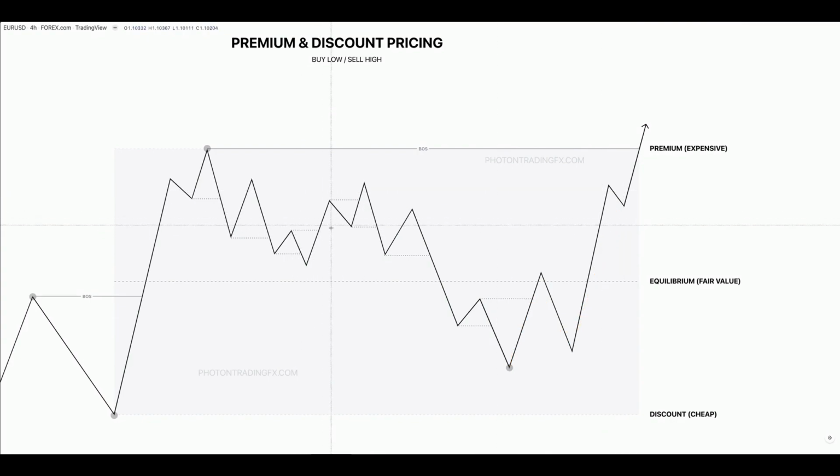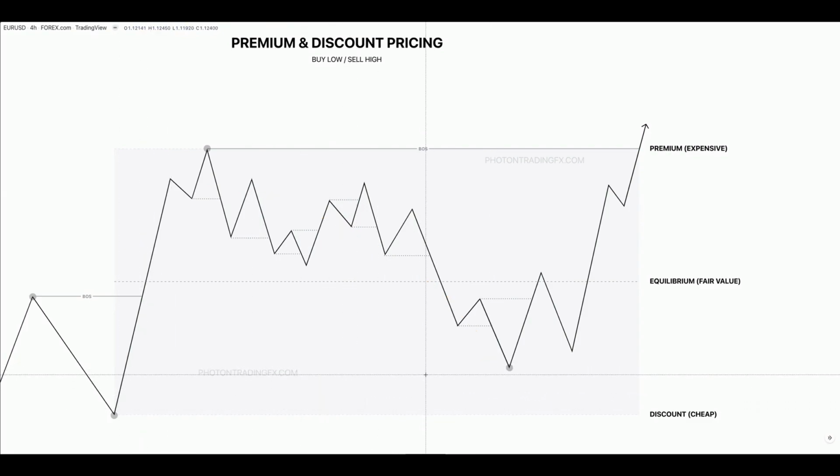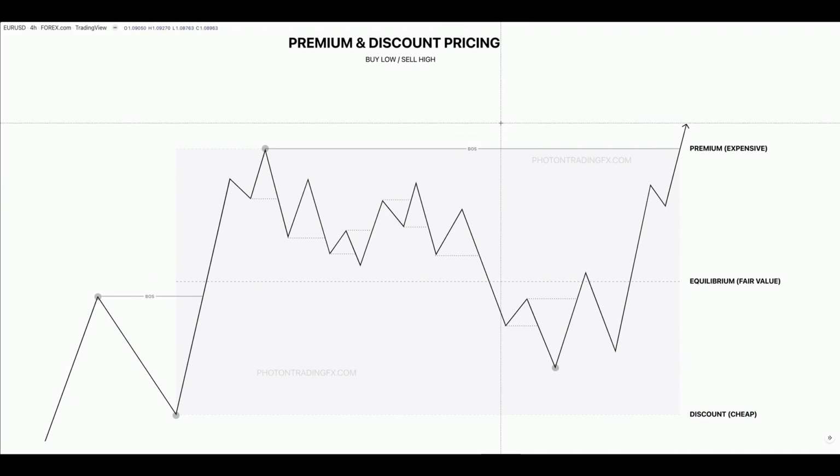Rather than over here, where I'd be a lot more cautious of buying because we haven't yet pulled back down to fill those discount prices at the cheap level, okay? So that's something that can really help you when price gets a bit more complex in the live market, of knowing when you want to be aggressive, when you want to keep following this at the premium prices, even though your risk to reward is diminishing, because you only want to be targeting this high,